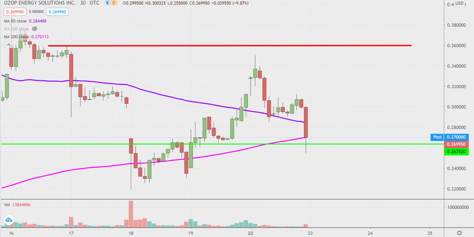Now, if you care about things from the bigger picture point of view, then the chart's hanging in there. Now, it's definitely getting a little shaky. There's no doubt about that, but it's hanging in there. And what do I mean by hanging in there? Well, this will mean a little bit more to those of you that watch the past videos, but if you have, I've talked about this area down here at that green line, which is a very important level of support, because if the price can hold above it, which so far so good, so let's say the price just stays above it, what is that doing by just staying above it? Well, that's put in a set of lows right there,